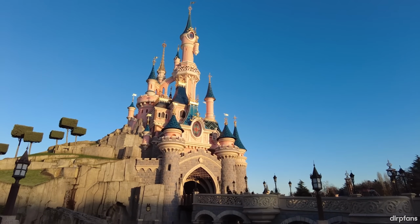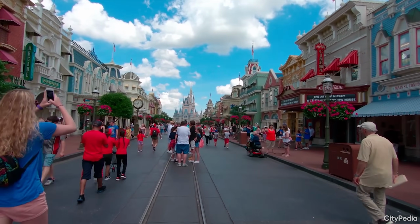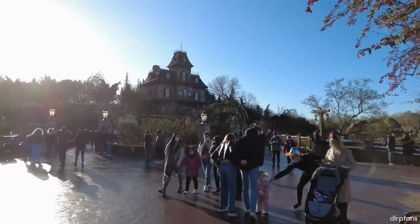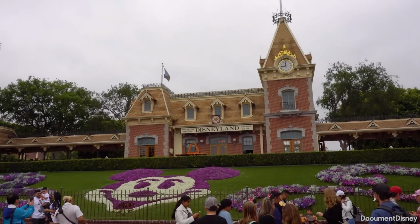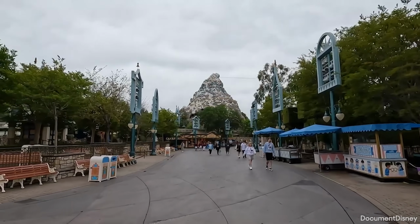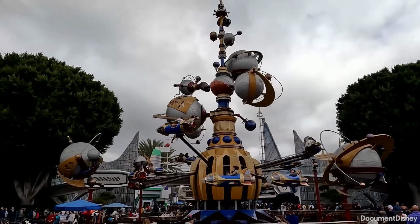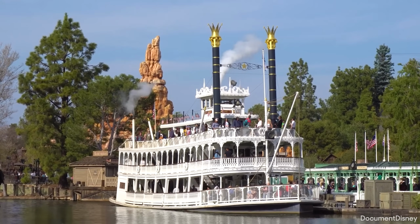The most obvious of these are the castles at Disney's 6 castle parks, which all sit at the end of their respective main streets with a sightline all the way down, to pull guests in and encourage them further into the park. But most areas at all the Disney parks have their own weenies too. To use Disneyland as an example, while Sleeping Beauty's castle serves as the park's initial weenie, once you've approached it, a sightline to the Matterhorn is also revealed, and to your right you'll also see Astro Orbiter, which serves as Tomorrowland's weenie. If you decide to enter Frontierland, the first sightline will reveal the Mark Twain riverboat,